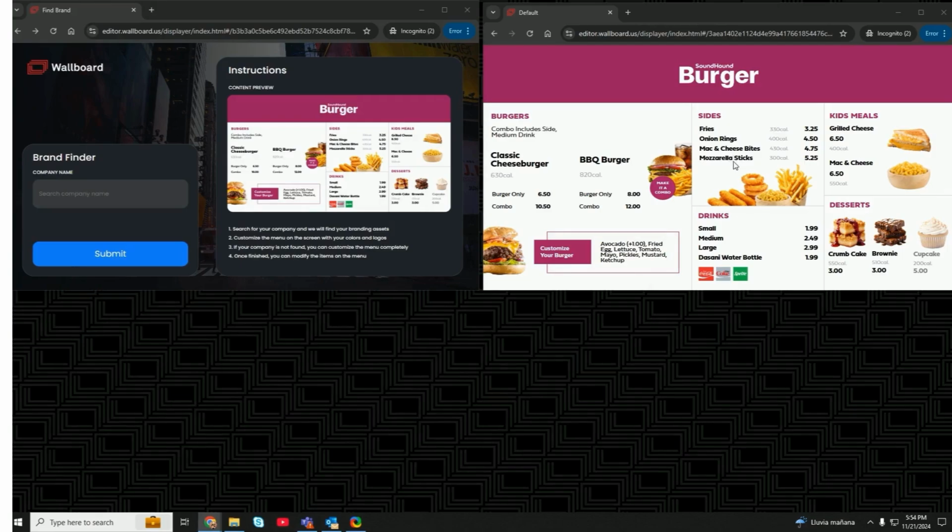Now let's say it comes time to rebrand the menu. Let's say your company has rebranded, or maybe you're just managing many different locations, so you want to keep branding consistent. You also want to be able to change things at the drop of a hat. That's why we made this tool over on the left. This is just to show how quickly we can integrate with things and change them according to the data that